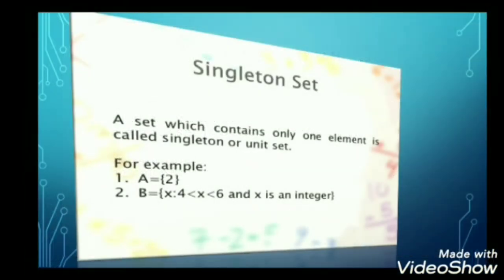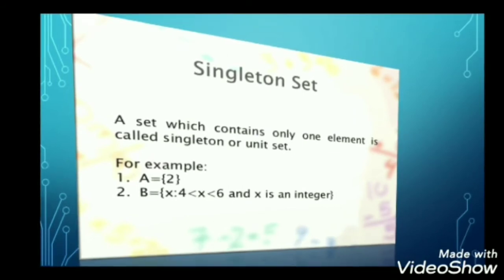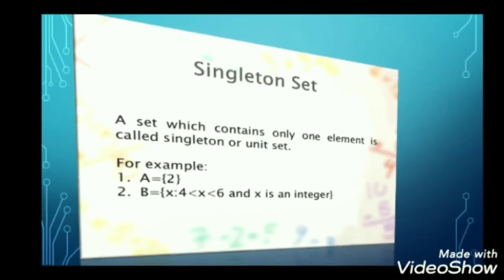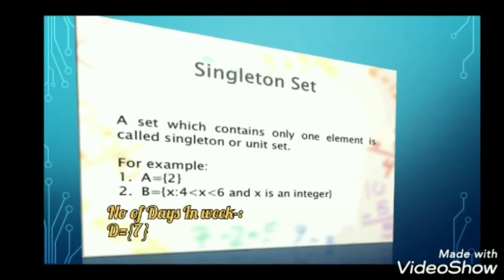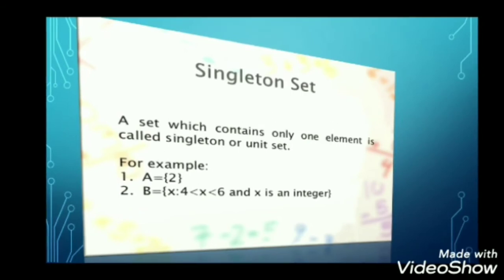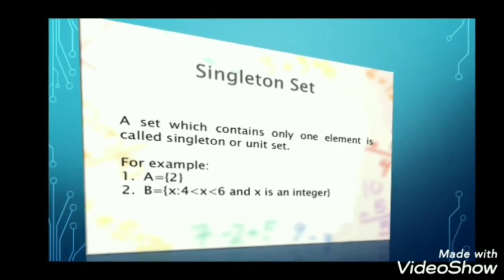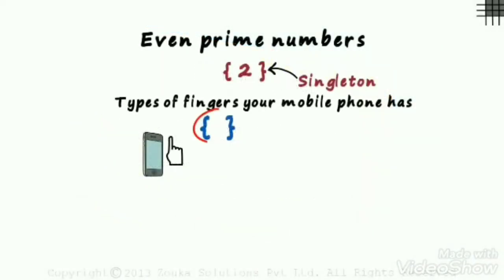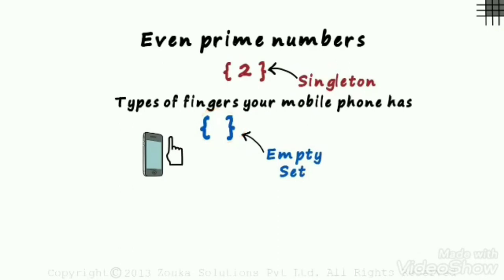Now what is a singleton set? As the name suggests, there is only one single element in it. We can list out many examples. The number of consonants in the word is 7, so there is a unit number. The number of days in a week is also 7, so we can also call it a singleton set. It also goes the same for the number of planets and so on. Now have a diverse look at it. List even prime numbers. There is only one, that is 2. So it's a singleton set.